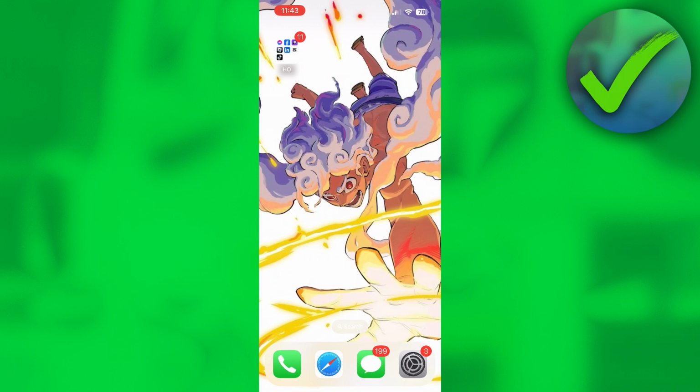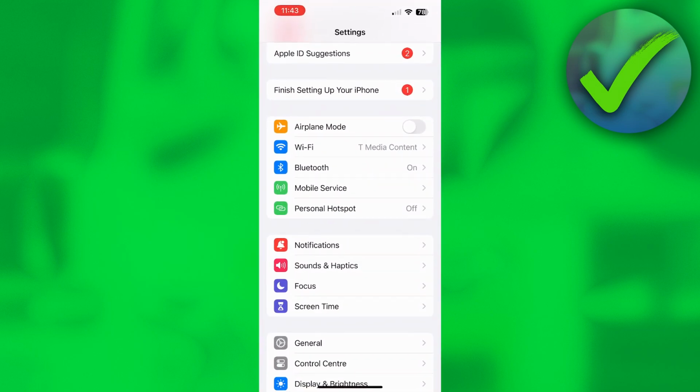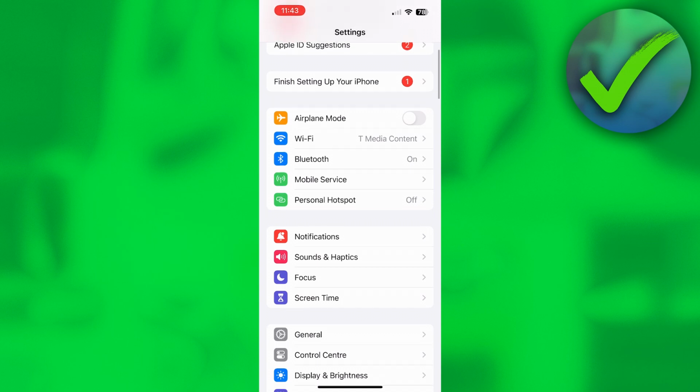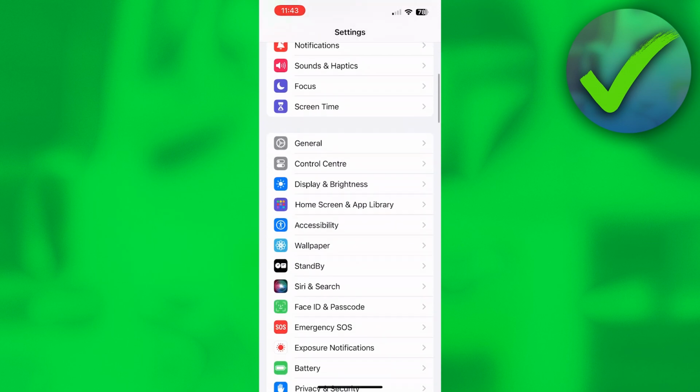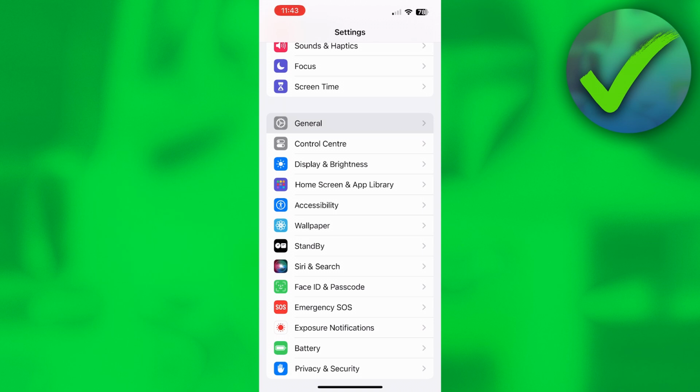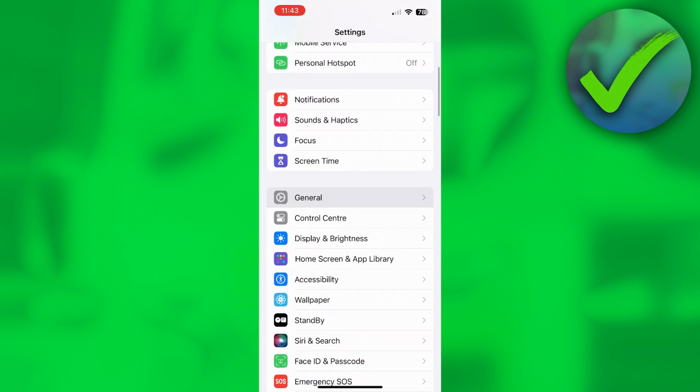So what you pretty much want to do is open up the settings. Once you are here in the settings, you want to scroll down until you see the general tab. This is the general, it has the same icon as your settings. Once you click on there,